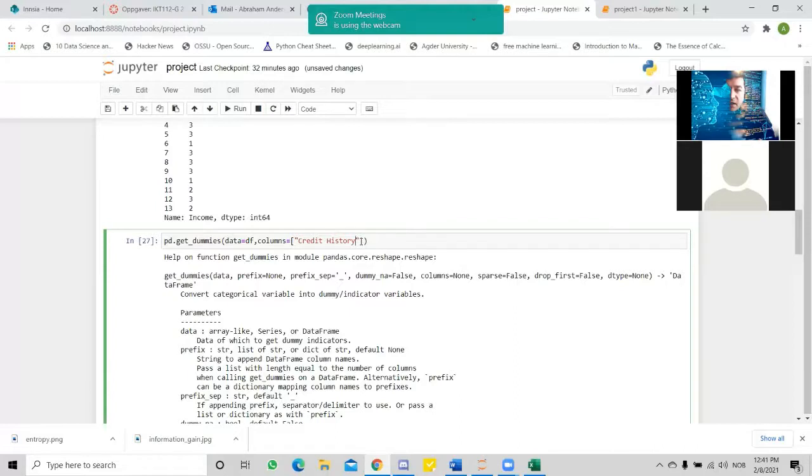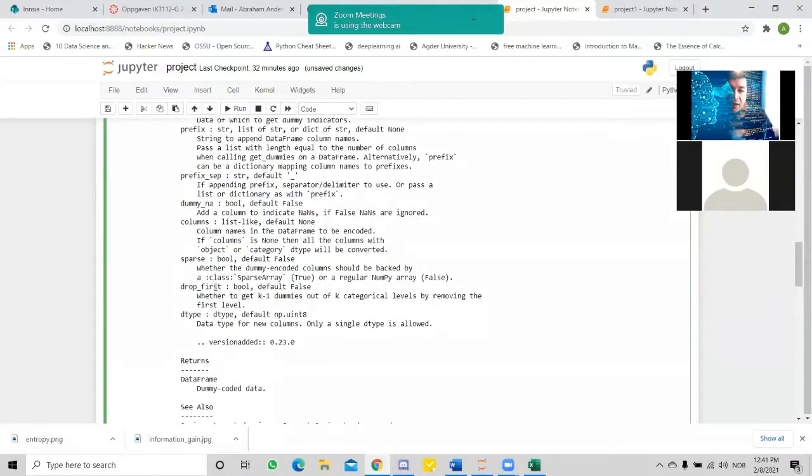First of all, I want to show just one column, because sometimes you just need to transform just one column. But this is not the case in our data. There are several columns, but first of all, I will transform this one. And the other important one is drop first. This means